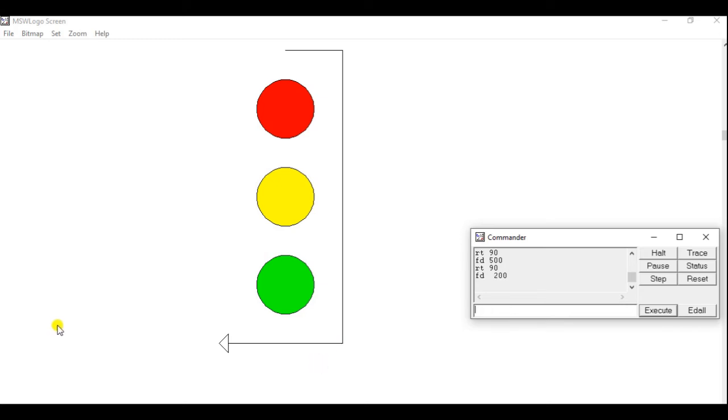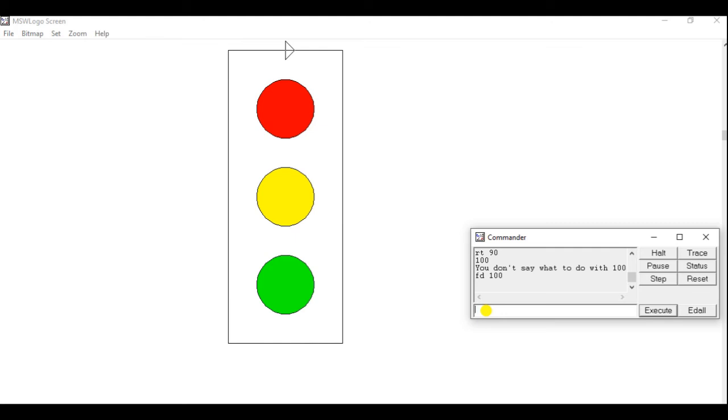Now again we will turn the turtle to the right side, RT space 90, and then FD space 500. And then RT 90. And this distance will be 100. Sorry, FD space 100.